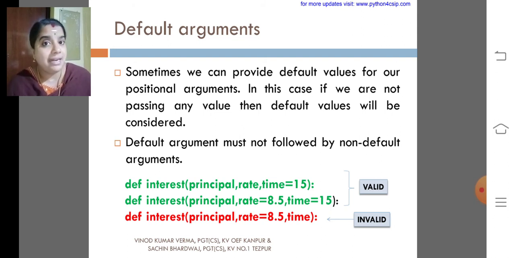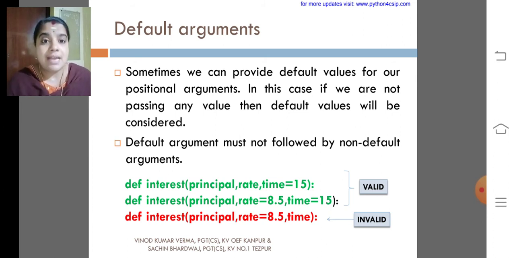Look at the first example I had given. Here the function name is interest, for calculating the interest of a loan amount. Principal amount has to be given, rate and time. Here I had given the time in months, so time equals 15. When we are calling that function, we need to pass principal and rate. No need to pass the time. If you pass the time as 12, the compiler will take the value 12 only. If you are not providing the value for time, the compiler automatically takes the default value, that is nothing but 15. This is just an example.